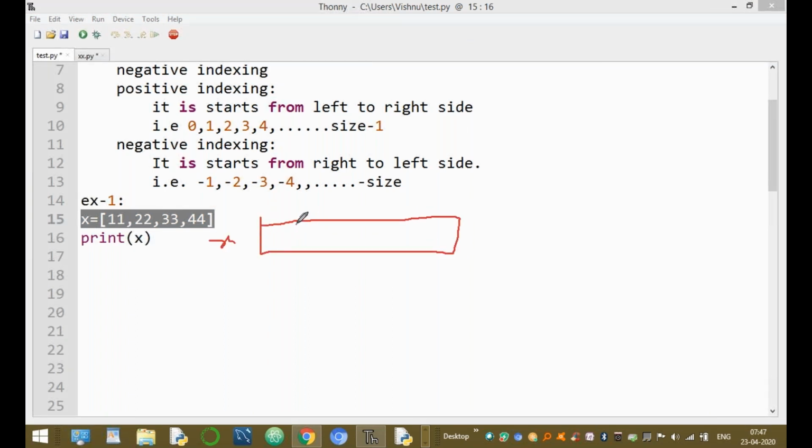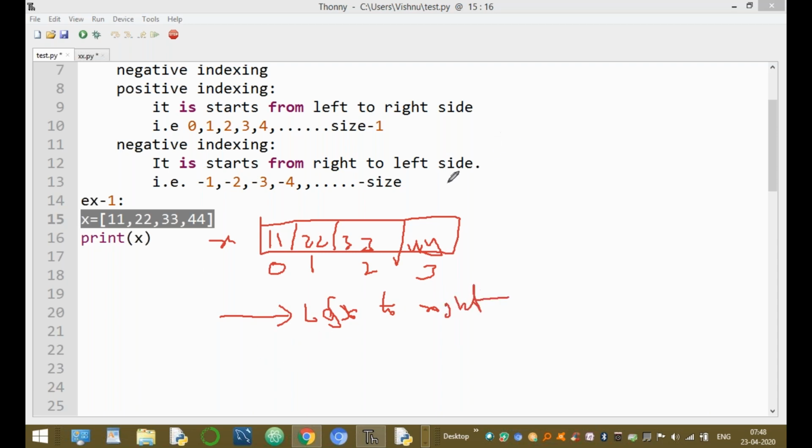Here x is 11, 22, 33, and 44. The 0 index number, 1 index number, 2 index number, and 3 go from left to right, which is positive indexing. Now from right to left, the index numbers are -1, -2, -3, and -4.